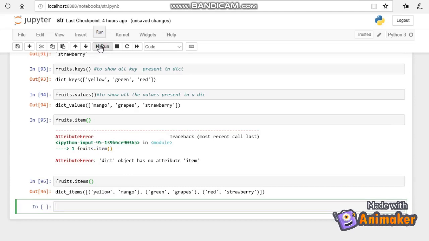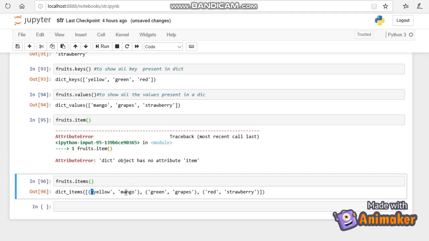Fruits dot items. It will print all the key value pairs of a dictionary in a list in the form of tuples. See, this is one tuple. Yellow and mango pair is one tuple. Green and grapes is one tuple. And red and strawberry are another tuple. So everything is in the form of tuples in a list. So fruits dot items is used to print all the key value pairs.